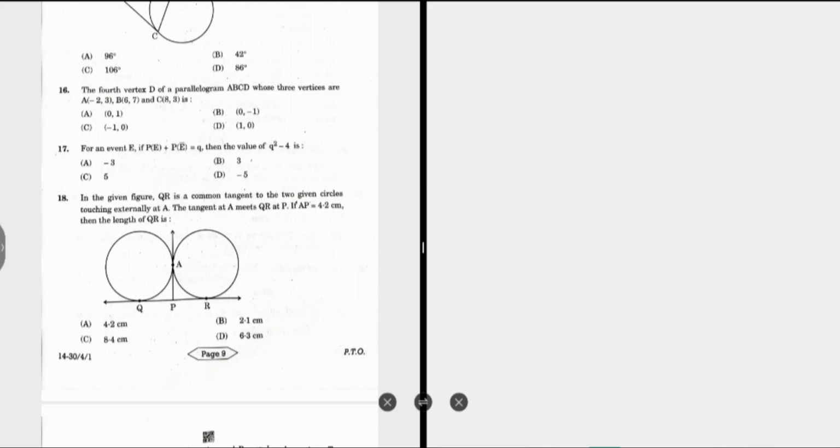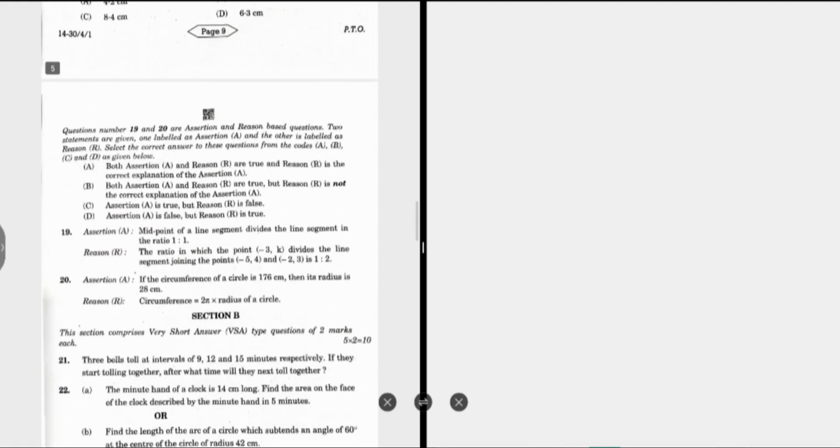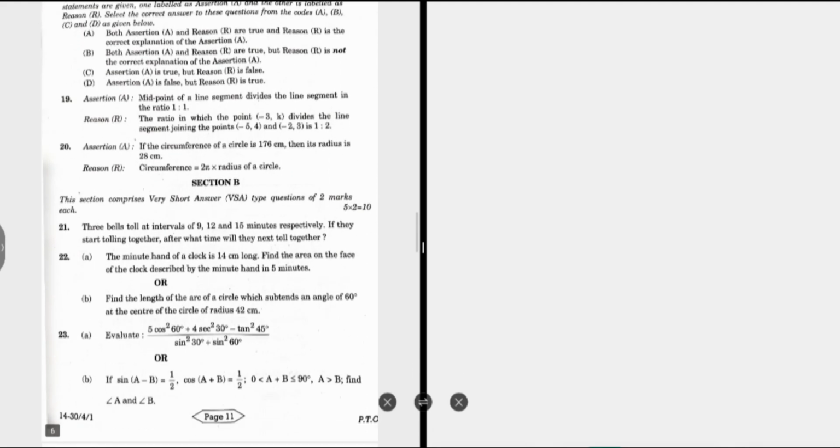Now next question. Question number 19 is about again coordinate geometry. Midpoint of a line segment divides the line segment in the ratio 1 is to 1. Yes, midpoint of a line segment divides it in the ratio 1 is to 1, because when you take any line segment,